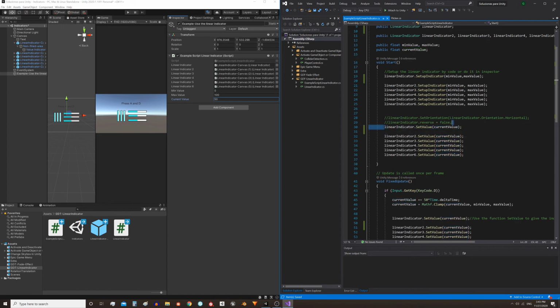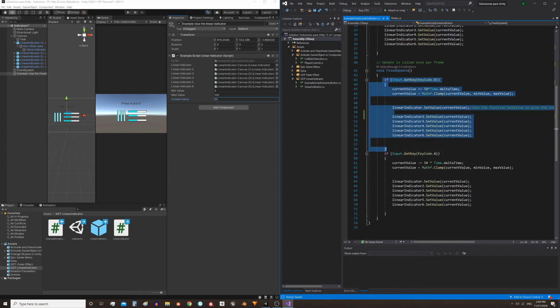Then on line 30, I pass the current value, which is the one written in the inspector, 50 in this case, so when you start the game the bar will be showing the value 50. You could set it to 100% or you could load a saved value. Imagine that we are indicating the health of the player and it's a loaded game. So you have to show the values as they were when the player saved the game. Well, in that case, you would have to load the health value that was stored and set it here in the start method.